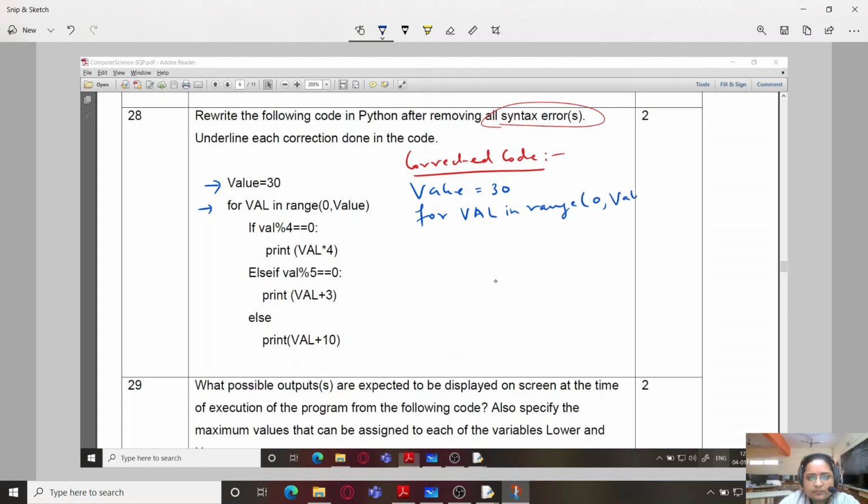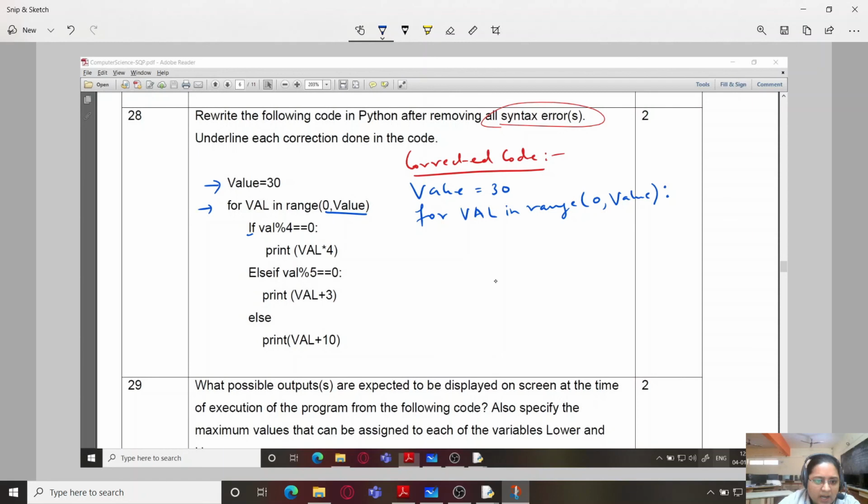Now technically speaking, we could have also written this as simply value instead of providing the starting value. But anyways it's not wrong, so remember that you should not change anything over here, only correct the mistakes. Next, if I is capital, so I have to provide it like this: if val.